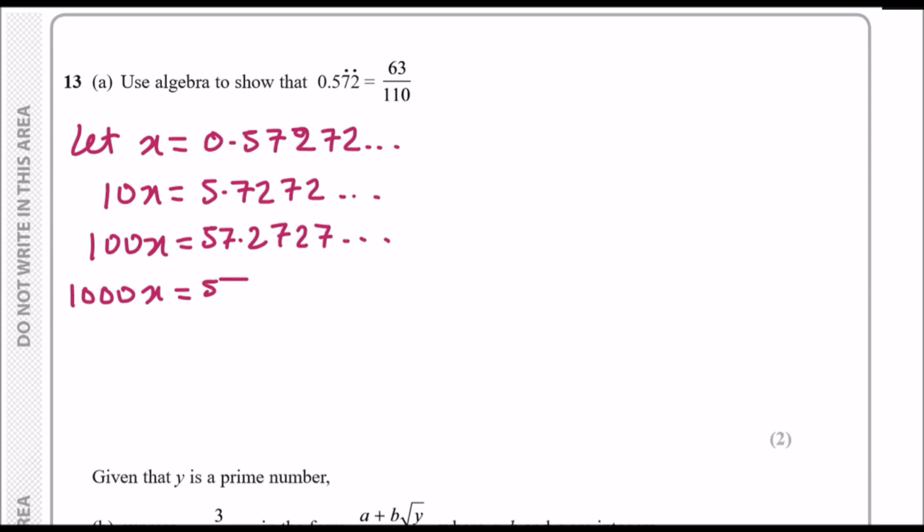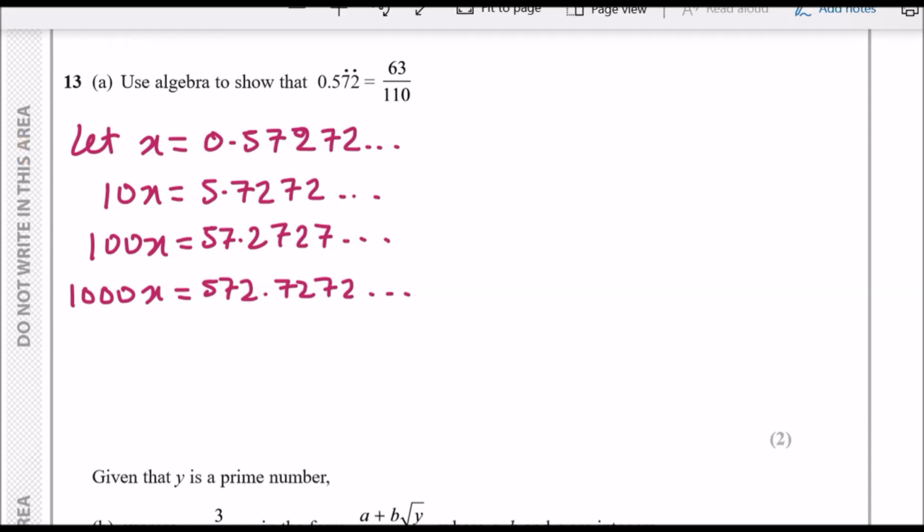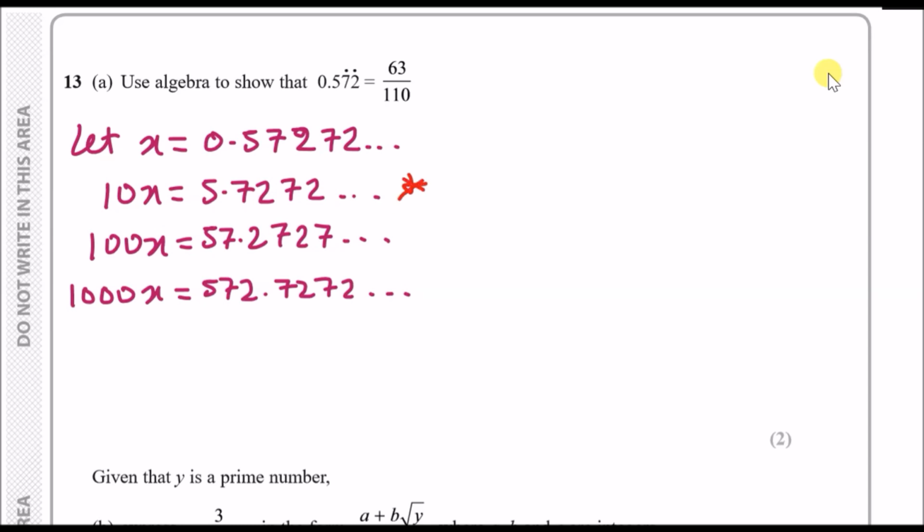And this will give us 572.7272. Now, looking at all the equations, I can definitely tell that on the decimal part, the 10x equation and the 1000x equation line up. Why? Because they both have 0.7272, 0.7272. Now, what we do here, guys, is that we basically want to subtract both equations. So subtract the 10x equation from the 1000x equation. If you do it, well, 1000x minus 10x gives us